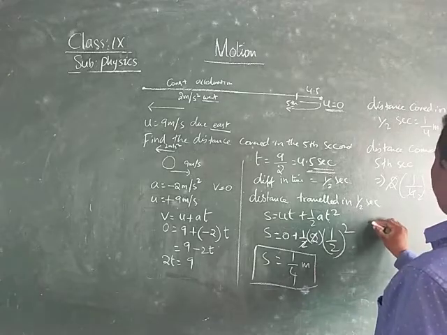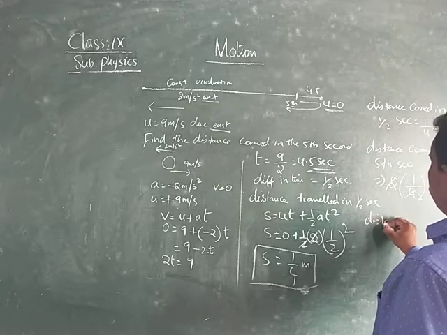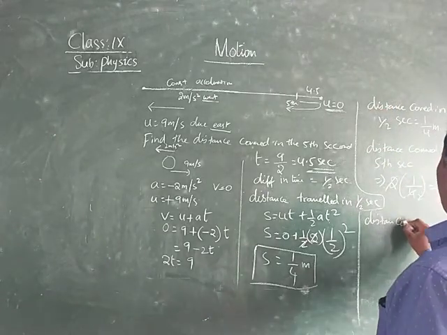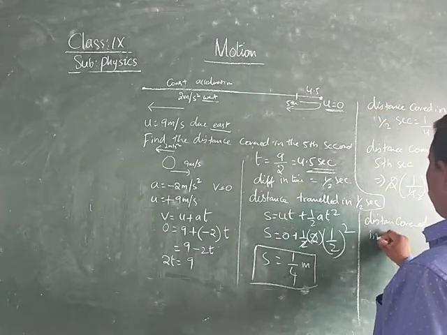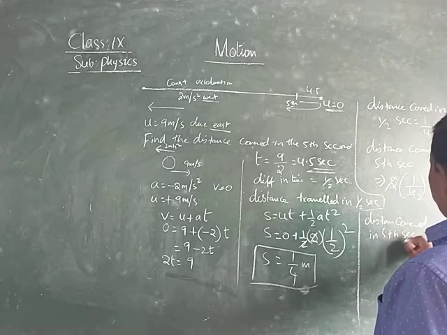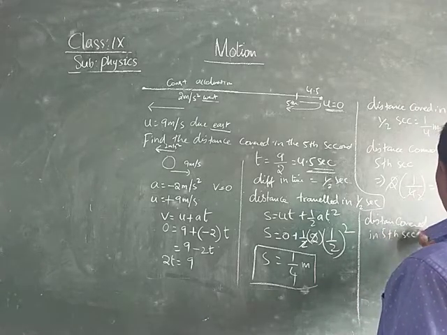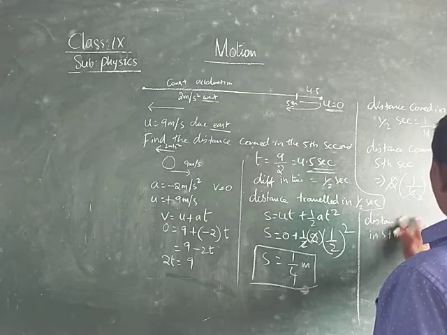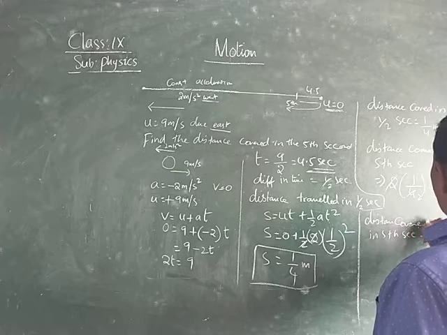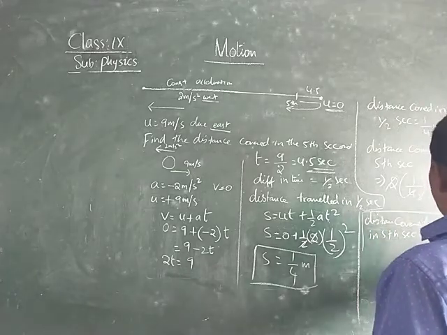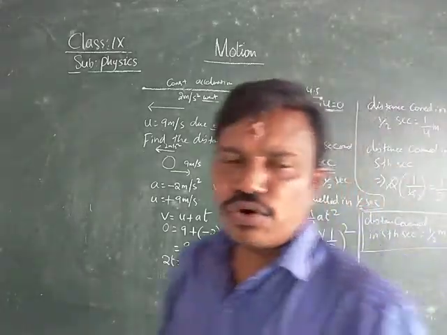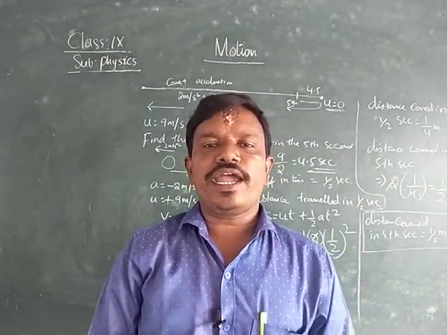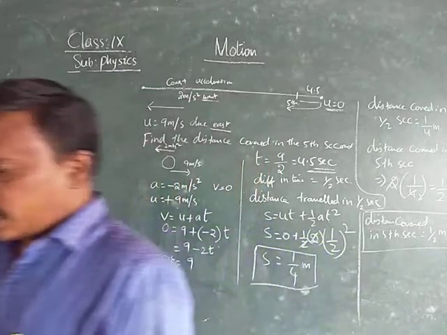What is the distance covered in 5th second? Distance covered in 5th second is equal to 1 by 2 meters. Distance covered in 5th second is equal to 1 by 2 meters. This is how to solve the problem. Okay? Right. Next,